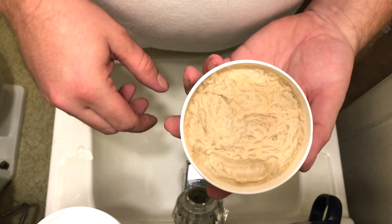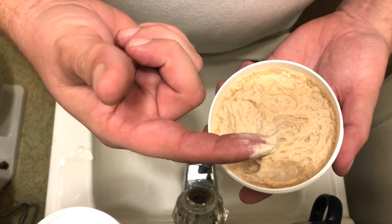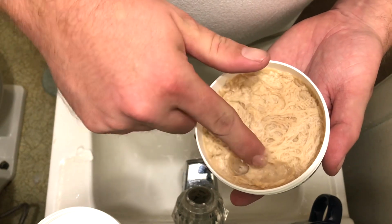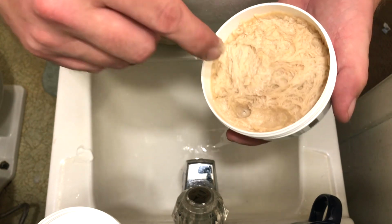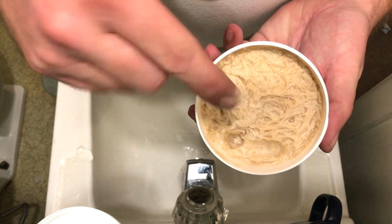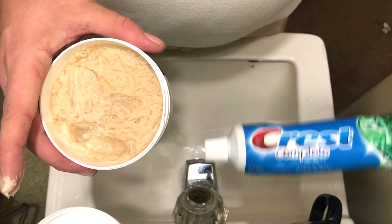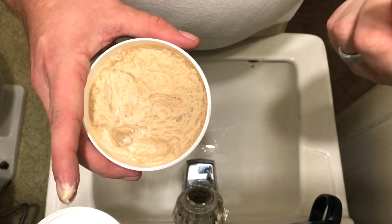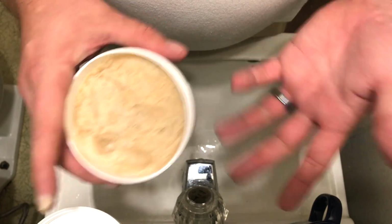I'll show you this. It looks a lot like that, but it is a cream. Your finger goes straight in. It is a cream. That is not hard at all. These come in either a tub like this or in a tube that you squeeze like toothpaste. Like that. But for your face, not your teeth. I guess you could get that on your face, but I know Colgate made...